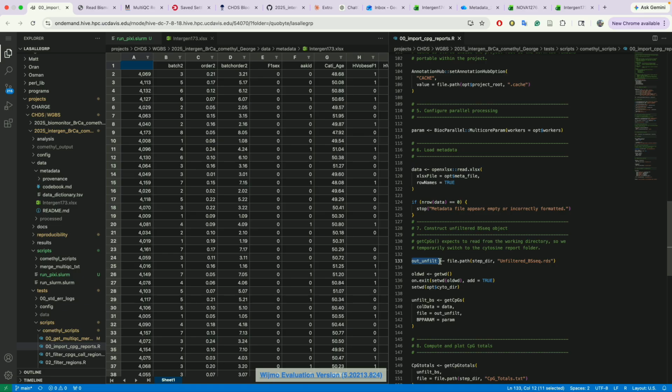And then the next step in the script that I'm going to show next is once you have identified the coverage you want to use, then it becomes a filtered BSseq object. And after that, you can move on to defining the regions and so on and so forth. So the first part is the unfiltered needs to be made, and this is the output directory,